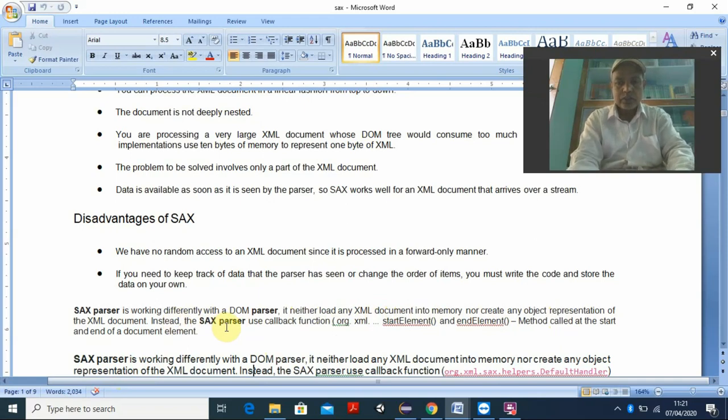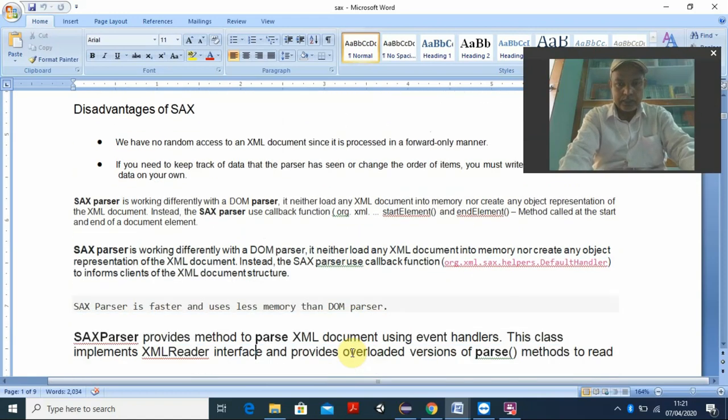I am telling you that the SAX parser is purely Java based. The parser uses callback functions, that is, methods like startElement and endElement, which are called at the start and end of a document element.